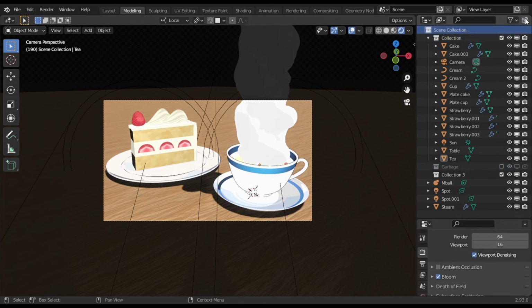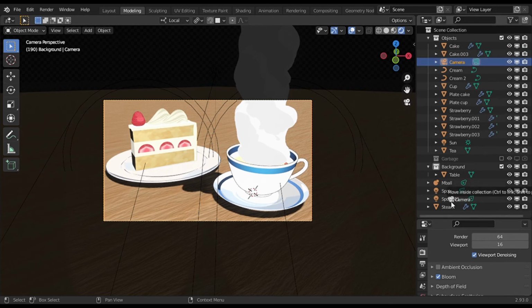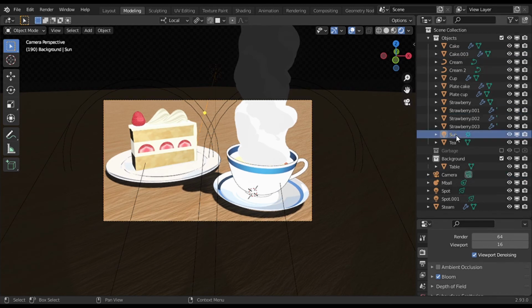What I did was making a new collection. Leave the lights and the camera out of the collection.